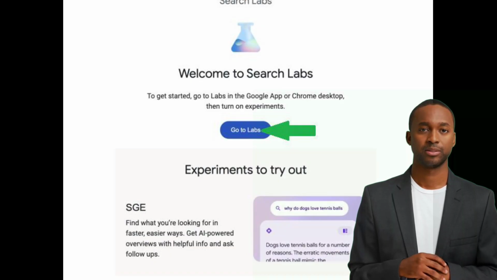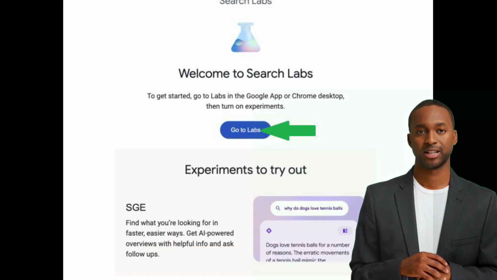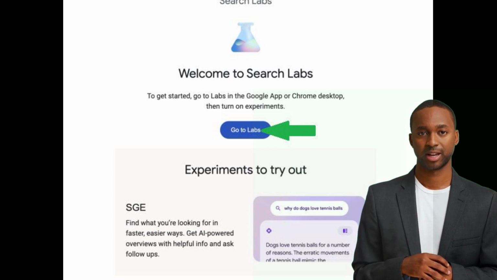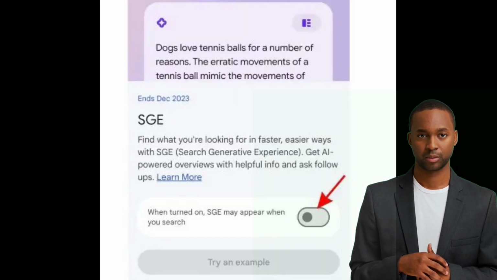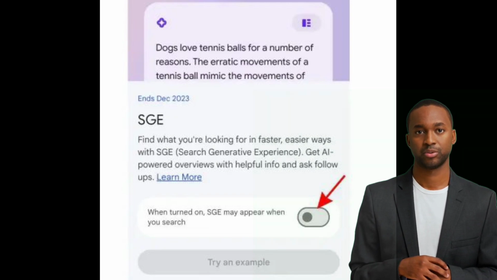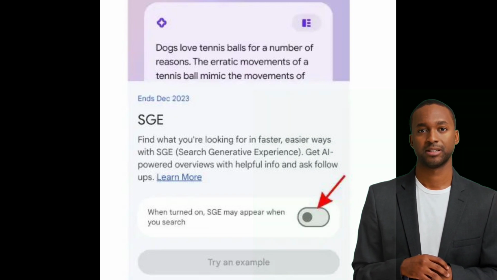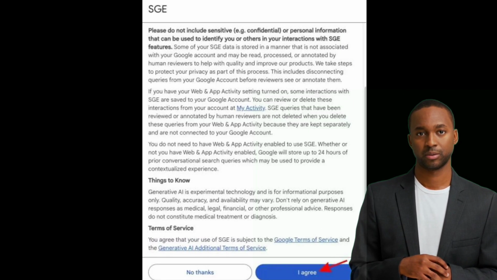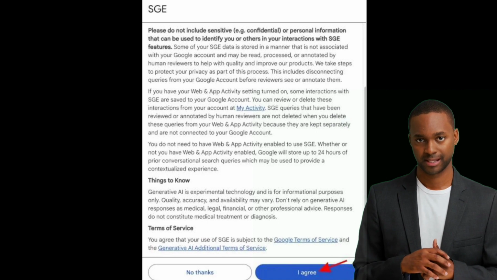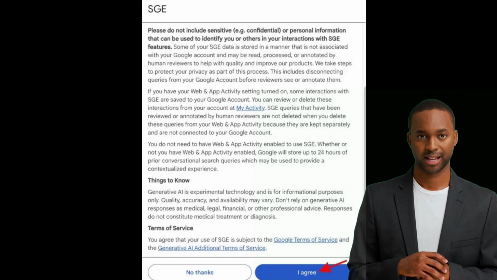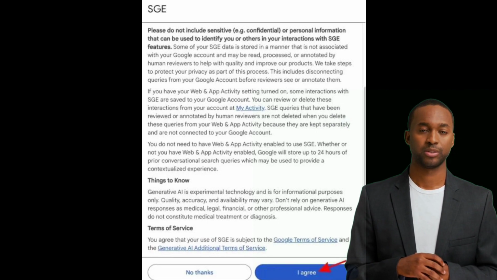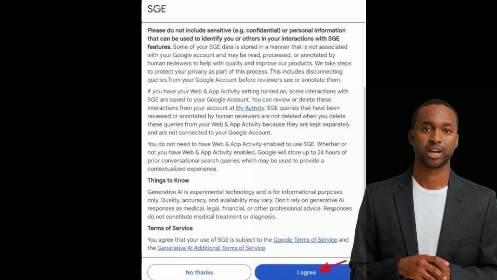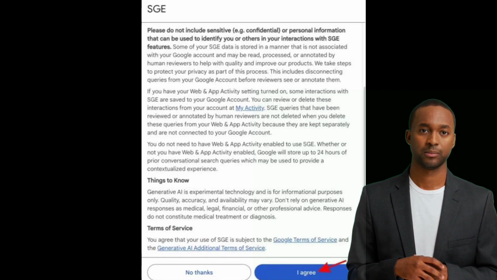Click Go to Labs in the mail you received to start enabling Google's AI-generated search. Now you can see the toggle to enable the Google AI generative search experience. Simply switch it on to activate the feature. The terms and conditions will then be displayed to you. Take a moment to carefully read through them, and once you are satisfied, click on the I agree button to